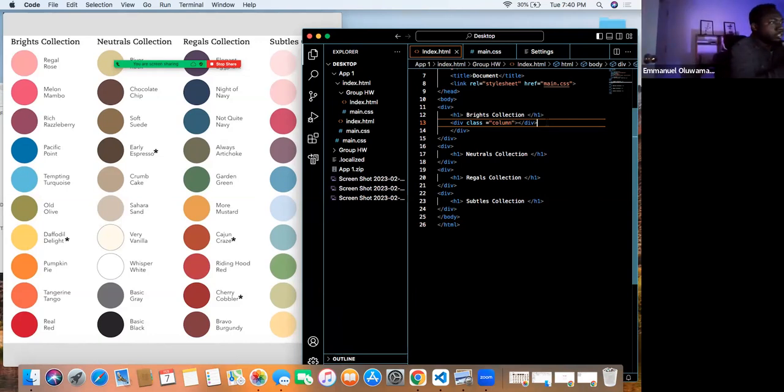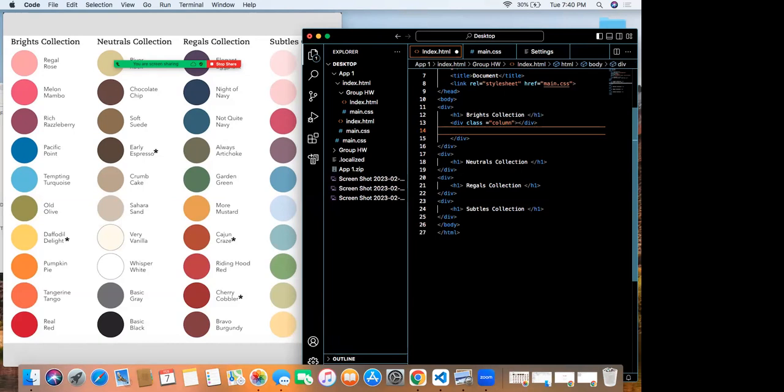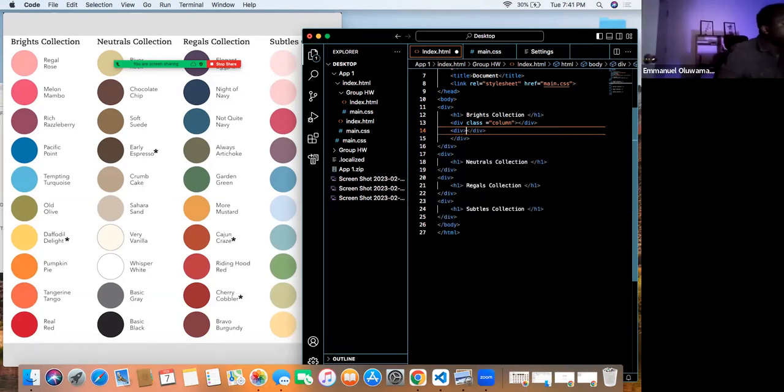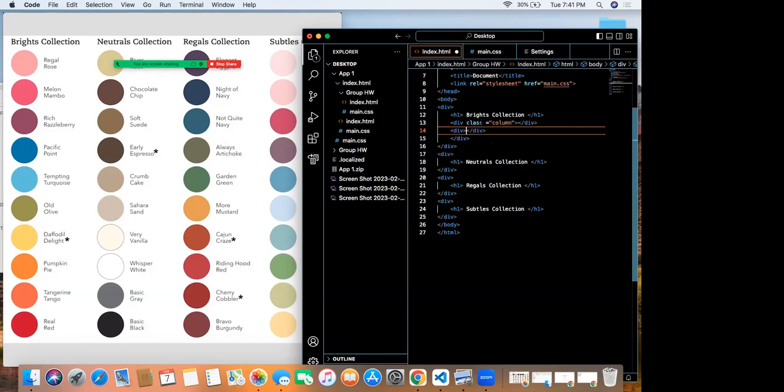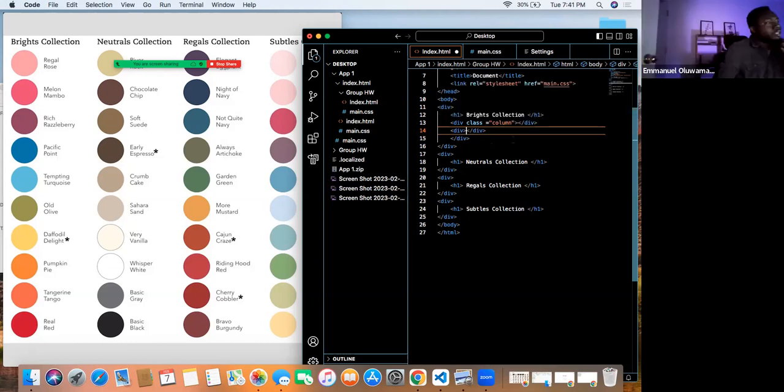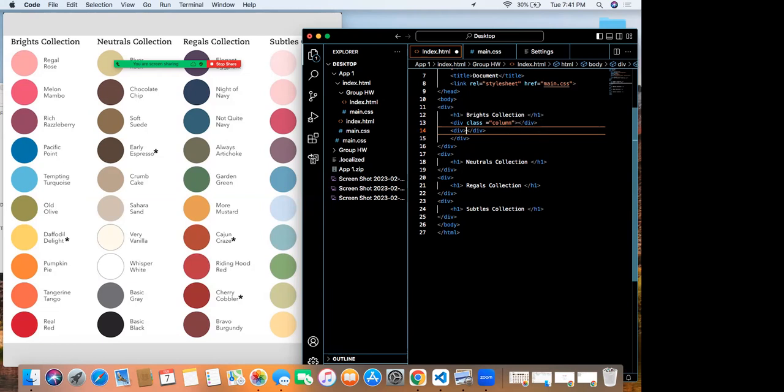Okay, so it's just another div here. And we don't need what's under Bright's collection. The column to put it in columns. No, not there. We're going to do it in CSS, like making them on the same line will be done inside CSS. Okay, is this needed here? The column, please.